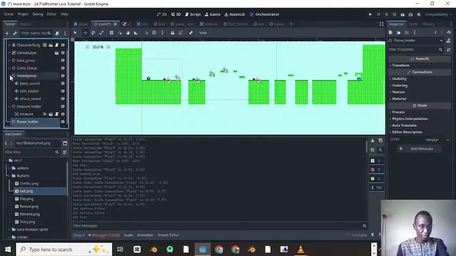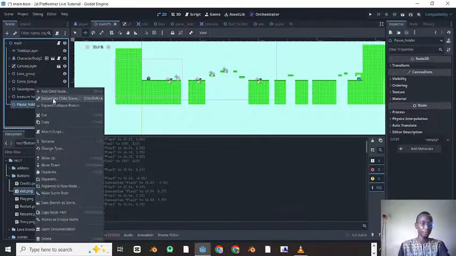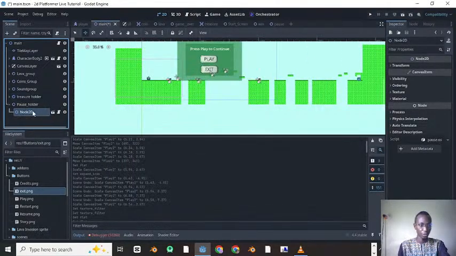Let me snap all this so you see that the scene is very organized. So the pause holder will have the pause. I'm going to instantiate the pause now on it. So the pause will now be under this place. Okay, so what I will do here is simply, what if